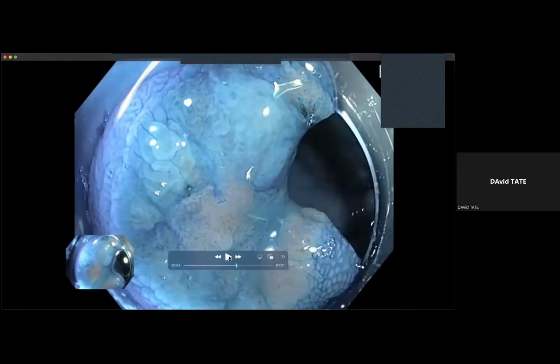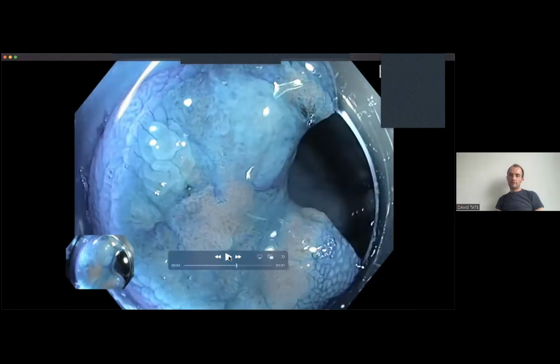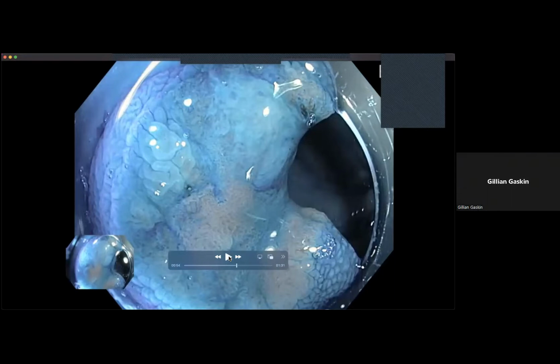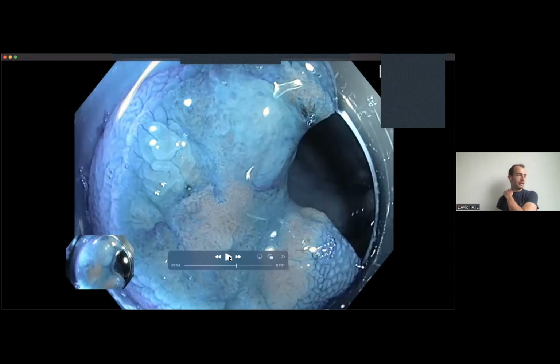Something's different about this one. We've put dye on it. Putting dye on it, for everybody else as well, allows you to see the actual pits. Gillian, you were a lot closer than me or Vikesh or anybody else to the days when you did histopathology and looked down a microscope. What you see here is the actual pits of the colon, and what you see with virtual chromoendoscopy is the vessels around the pits. But everybody talking about endoscopic images, it doesn't really matter. The structures are the same. Anyway, here you will see it in the traditional way of putting dye on the polyp.